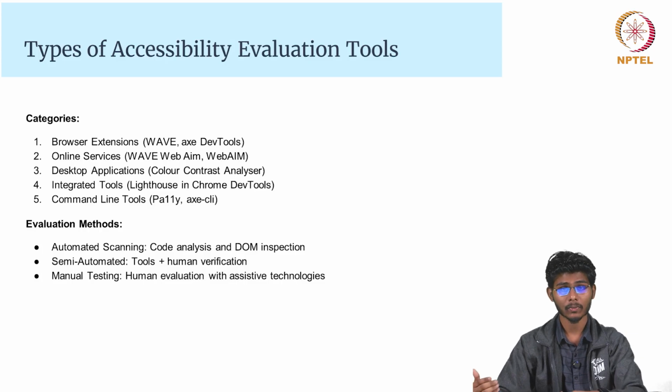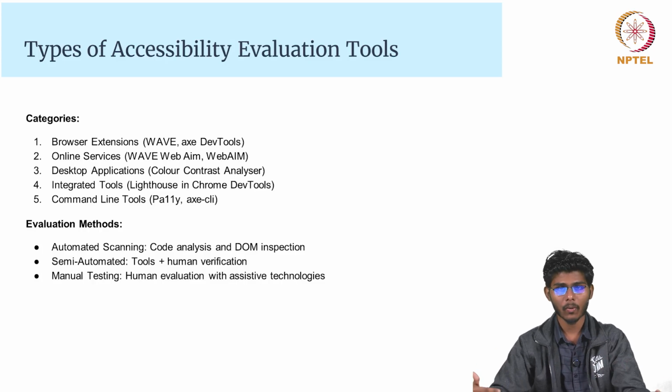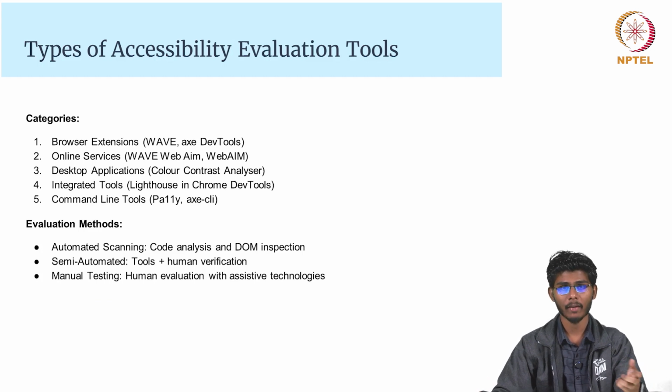And what are those evaluation tools? How do these tools work from the front end, or how do they evaluate the whole interface of the website? Basically, they do code analysis of the whole website front end, which is the HTML part of the interface. As you know, HTML is the building block of the interface UI, and they then inspect the DOM and how well the JavaScript and CSS elements are implemented in the interface.